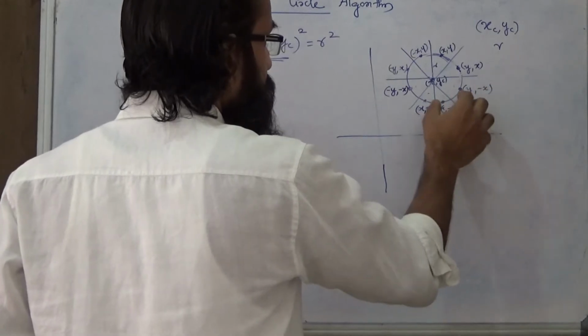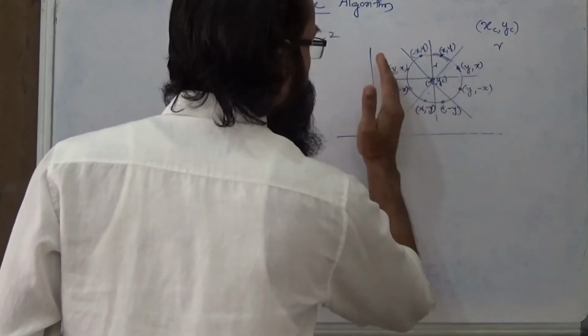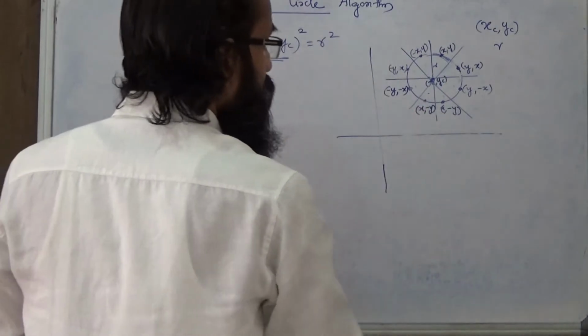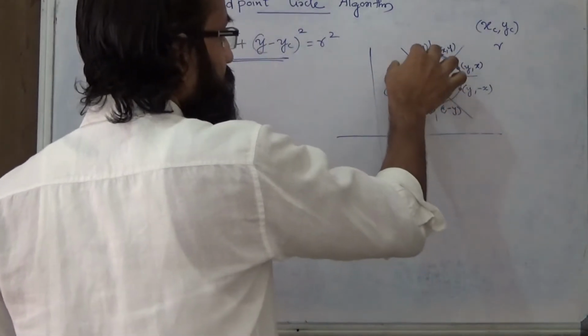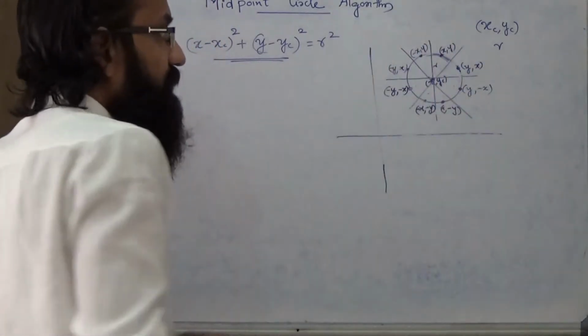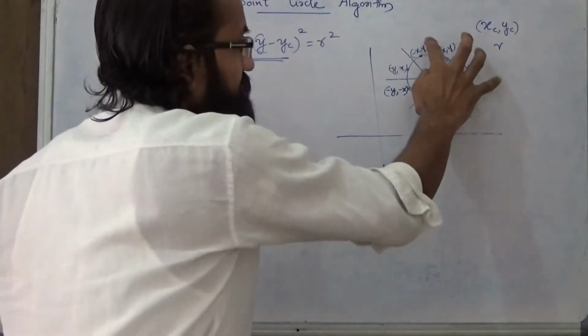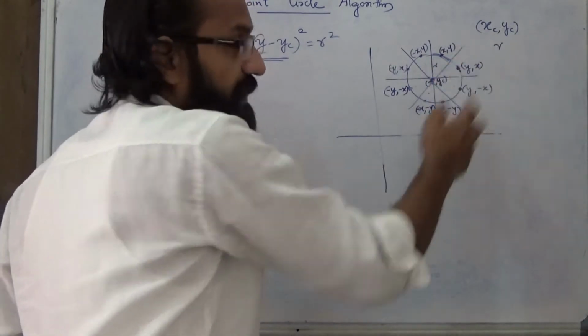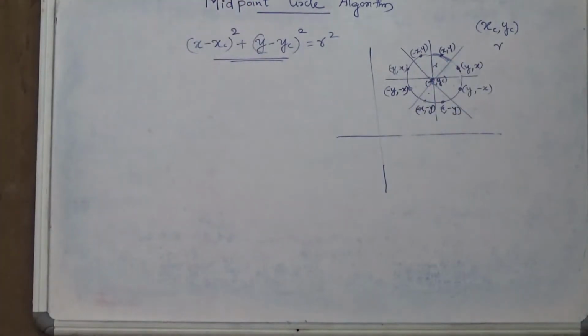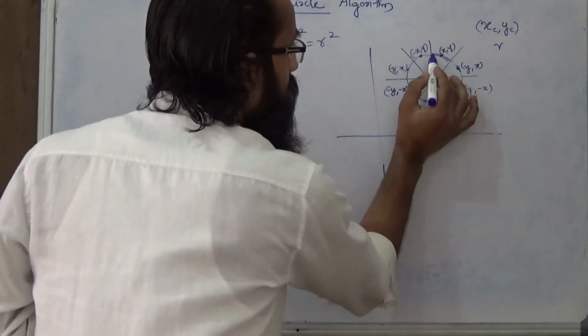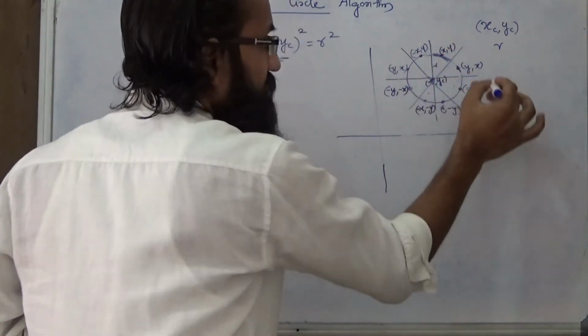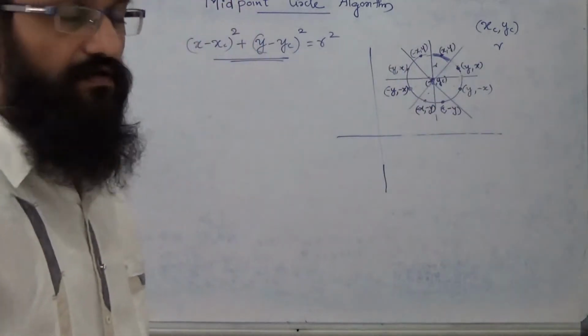If you consider this particular direction, the y value gets decremented. If you consider this particular quadrant, y and x values will become negative. In this quadrant, the x value will be negative and the y value will be positive. And in this quadrant, both x and y values will be positive. So our aim is to determine the points on the circumference of the circle in this particular octant so that you can determine the symmetric points on the other 7 octants.